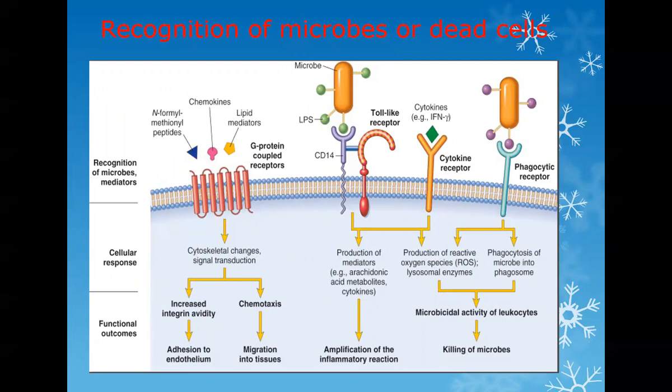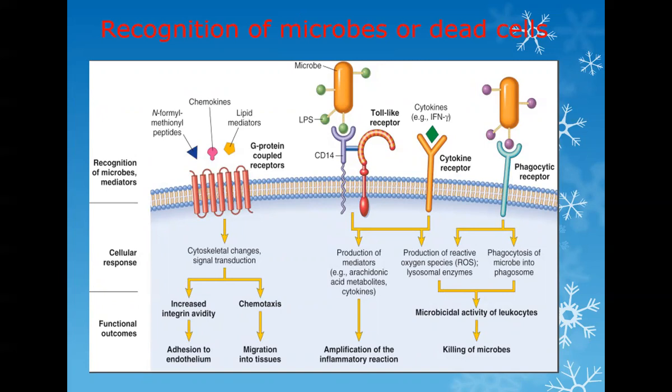This is basically lipopolysaccharide on the microorganism, and CD14 recognizes LPS and activates the neutrophil to start its function, right? Because you have to activate the whole cascade. So by joining this, cytokines and chemical mediators start being secreted, and they work on their own. Finally, we also have phagocytic receptors.